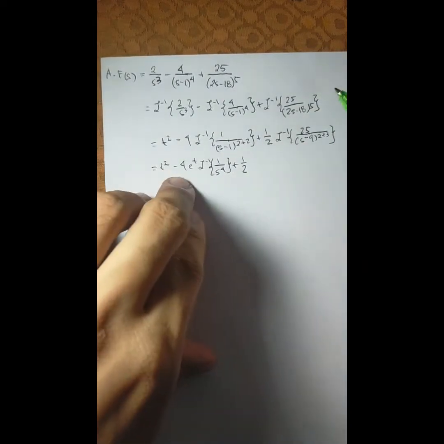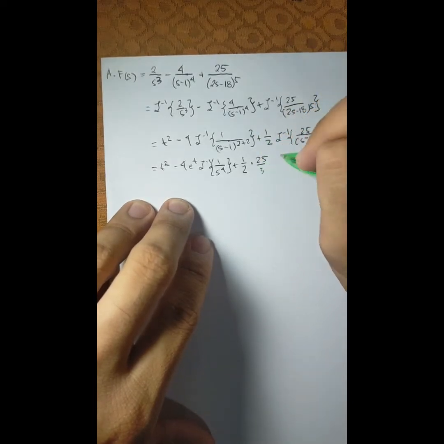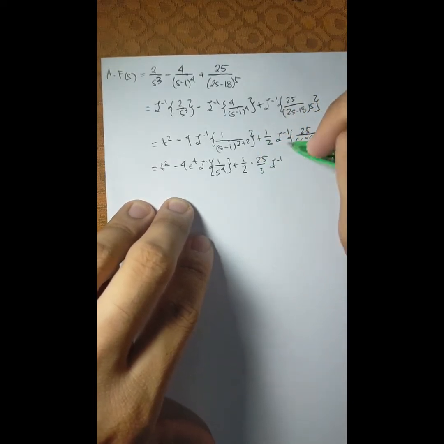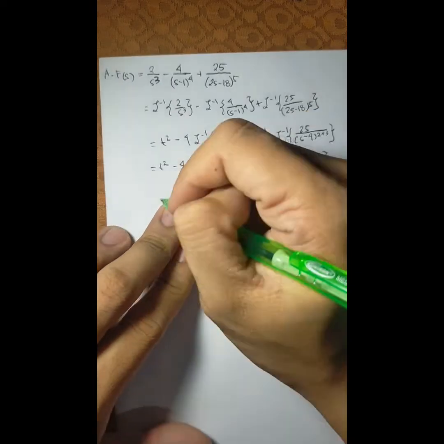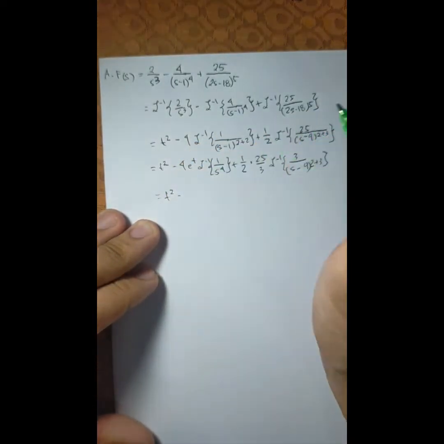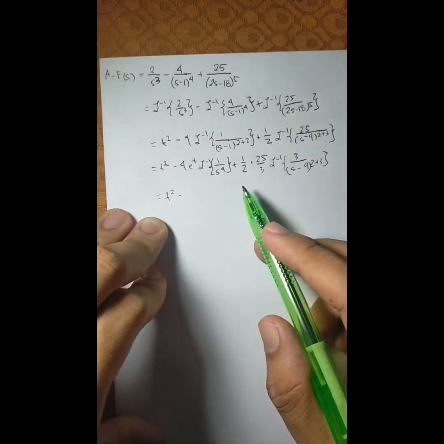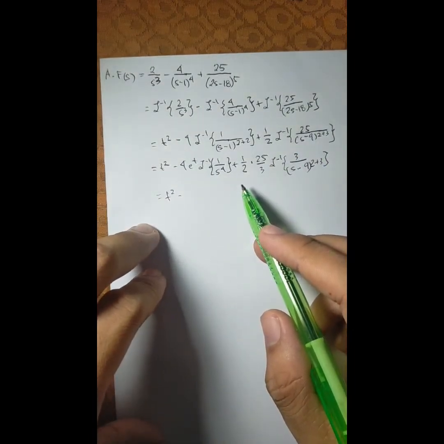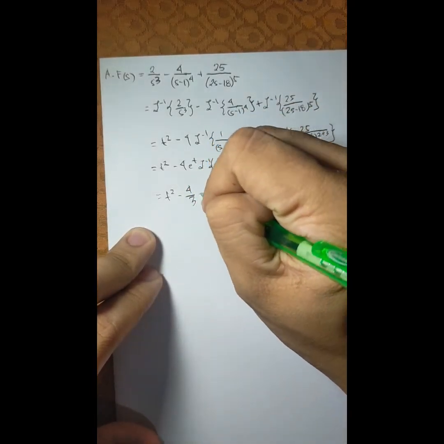And we will make it times 25 over 3, so that it will become the inverse Laplace transform of 3 over (s minus 9) raised to 2 plus 3. This can be equal to t squared minus 4 over 3 e raised to t